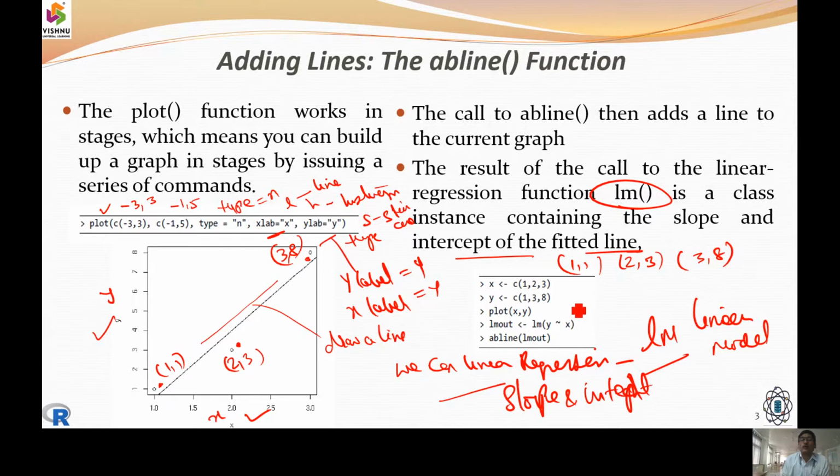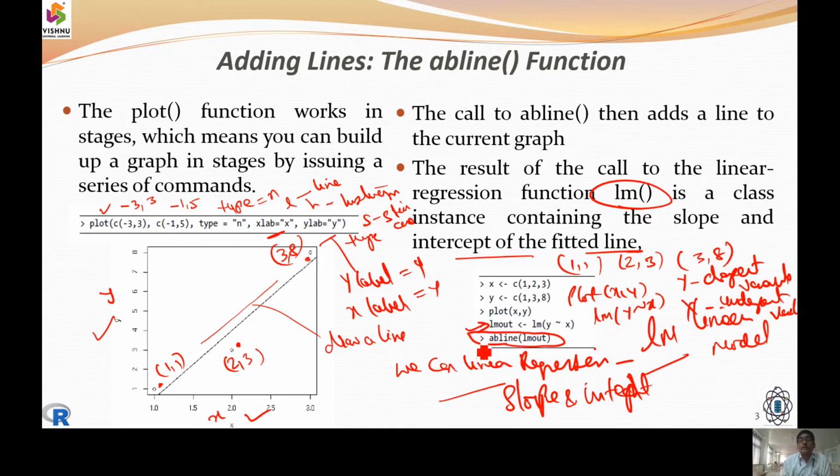So now we say plot of x comma y, followed by a linear model between the two, y and x. y we call the dependent variable, and x is the independent variable. Now we have the linear regression function, and the last step is to build the line.